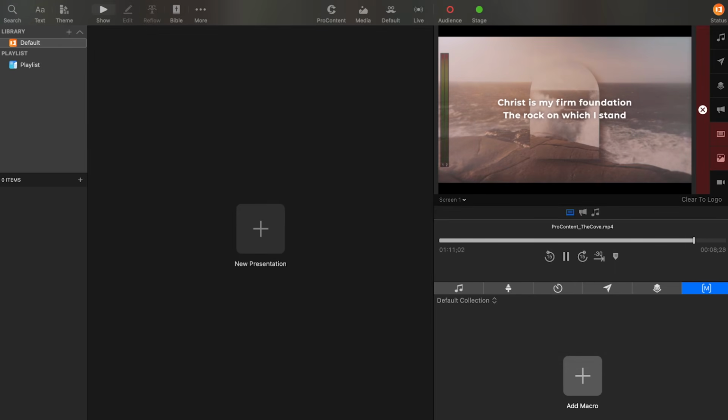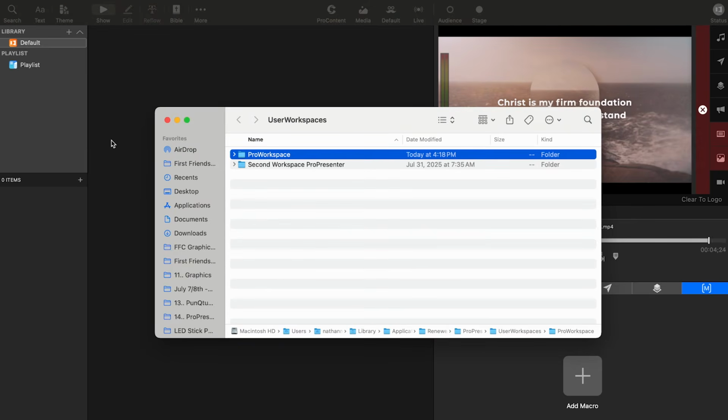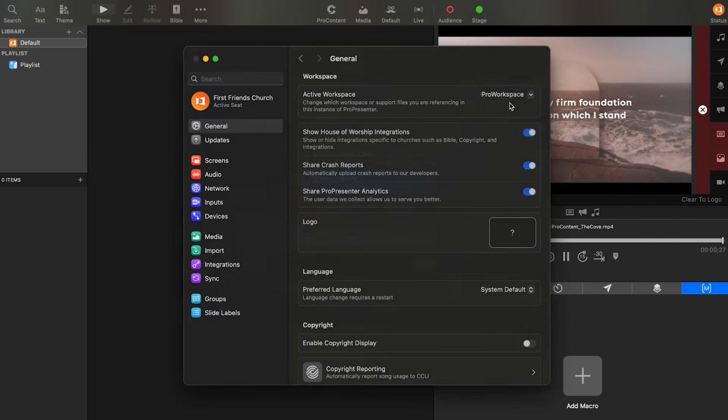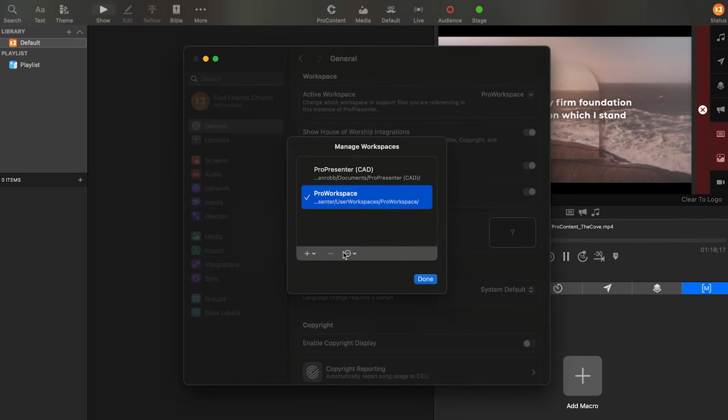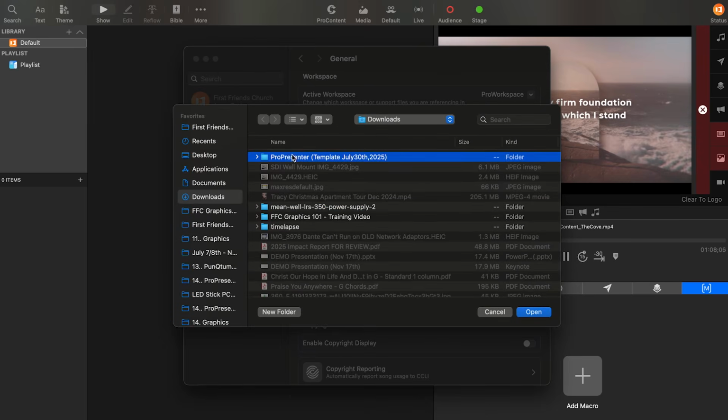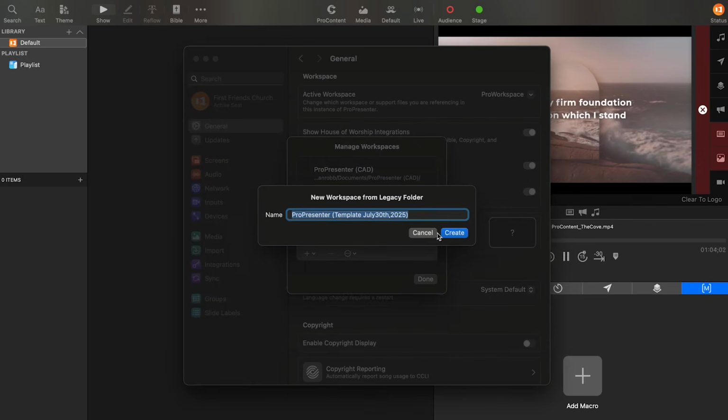So when you go to install the template, we're no longer going to put it in the documents folder. We're now going to go to settings. Let's go back to general. Okay, so we'll just open this up, manage workspaces. So what we're going to do here is we're going to go to plus, and we're going to import a legacy ProPresenter folder. So now once it opens, you can see here I've got my downloads folder open, and here's my template. Go ahead and open it, and then we can call it whatever we want,